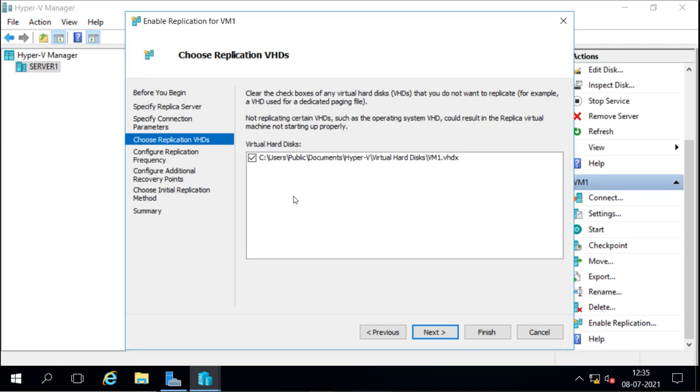So if there are multiple virtual disks, we have an option here to choose which disk we want to create the replica for. Basically, when we create the replica of a virtual machine, it creates the replica of the virtual disk, because everything, like operating system, software, and data, is under that virtual disk.